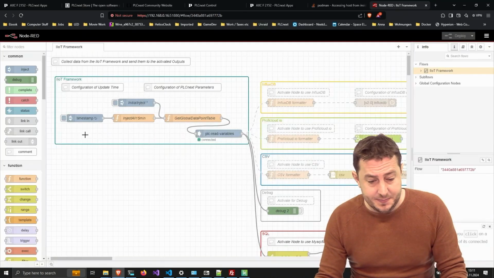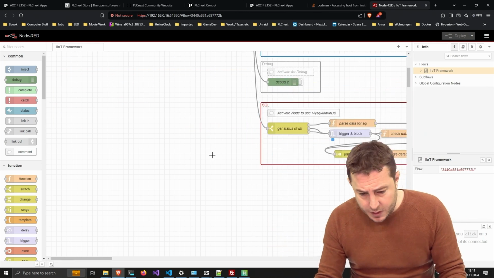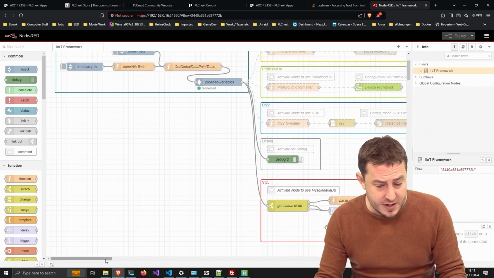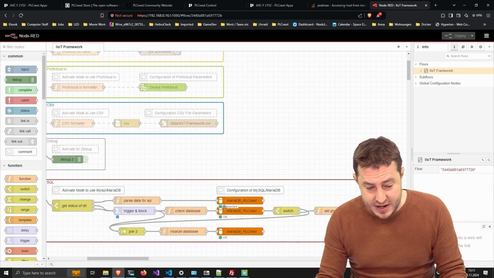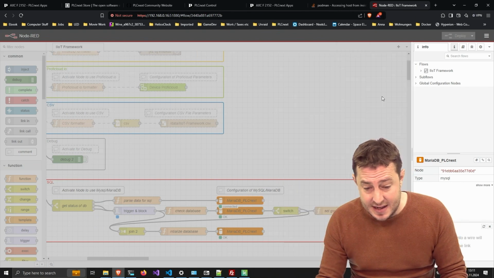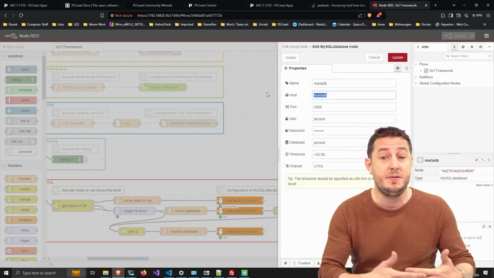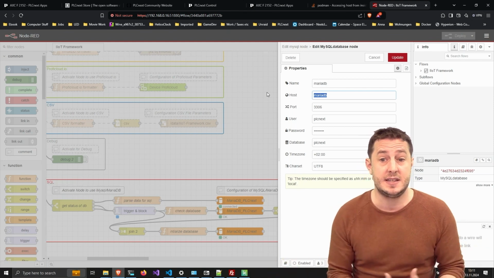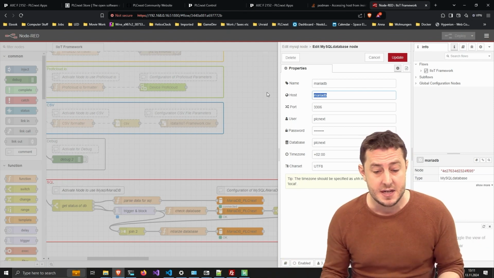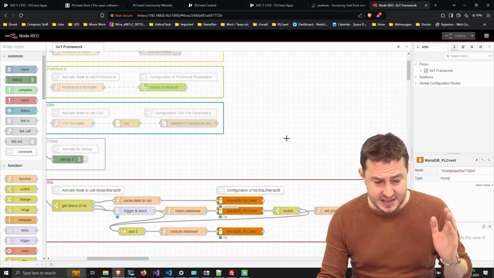And we start this whole thing, which is really cool here. You can see we have my predefined flow here. And as you can see, the MariaDB connection is already up and running. Why is it up and running? Because in MariaDB, I set the database host as MariaDB, which is the name of the Docker container. And since we are in an existing Docker network, we can use this name. That's really cool. So we started it and everything is connected and running.